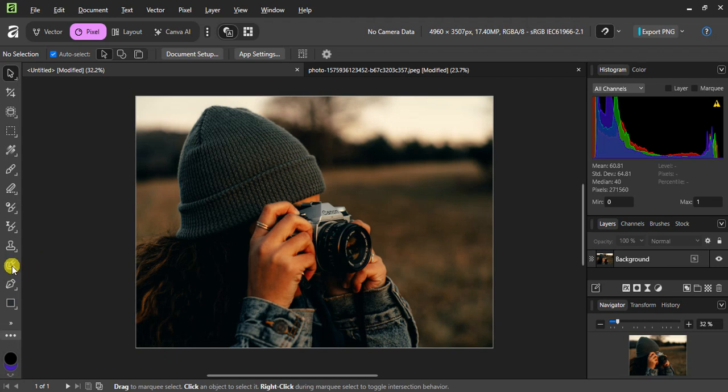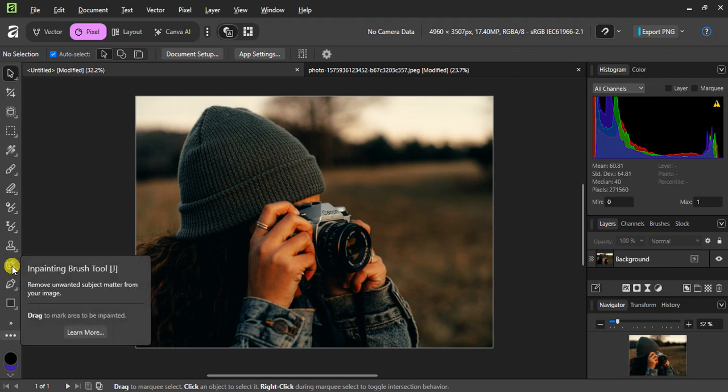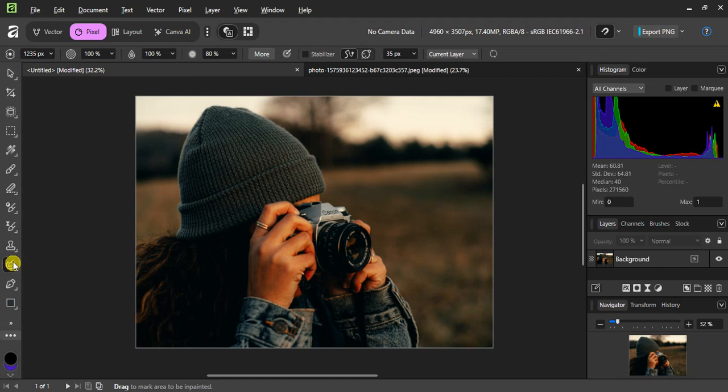Next, select the inpainting brush tool. This is Affinity's content-aware style brush. It analyzes the surrounding pixels and intelligently fills in the area you paint over, blending texture, color, and lighting so the edit looks natural. If you're having trouble spotting it, look for the retouching tools and choose the one labeled